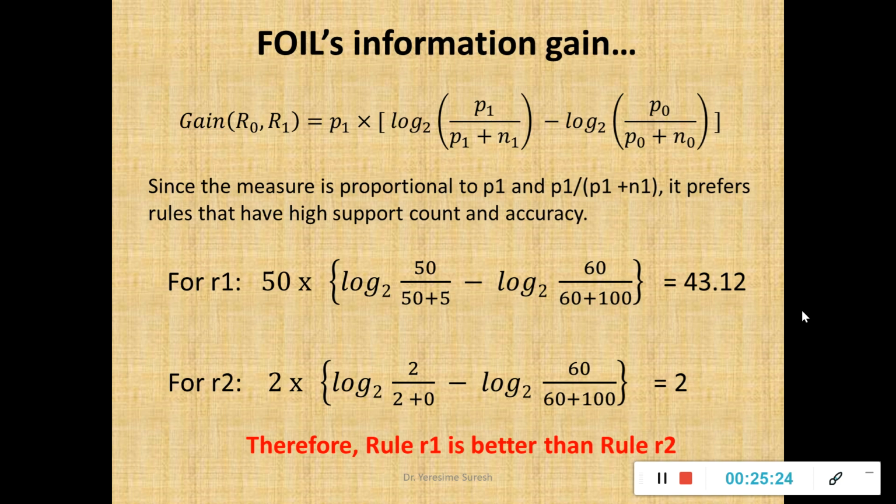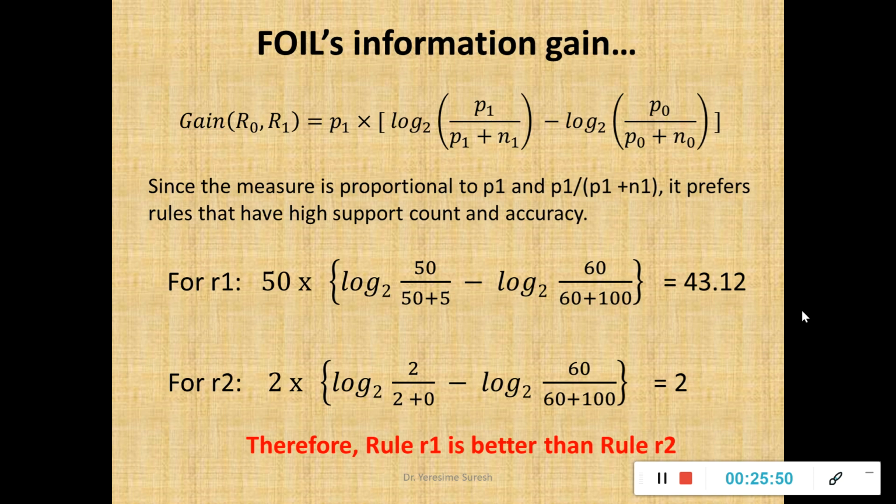involving your antecedent and consequent. Then we saw how to find rule accuracy for given training instance and rules, and we found that even though rule R2 was covering less number of instances, only 2 instances, its accuracy was 100. Rule R1 was covering 55 instances, but still its accuracy was 90.9%. So we could have normally said R2 is better than R1 because it is not considering the rule coverage.